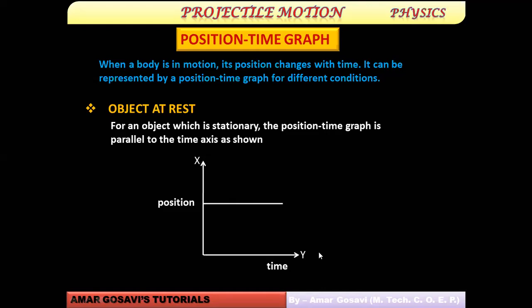You can see the position is not changing. Time is increasing, but the position is not changing. It will be a parallel line, you can see, to the time axis, right? So this is how the position time graph for the first case would look like when the object is at rest. Take a screenshot of this. Interchange the position of x and y. Remember that. Don't forget to do that. Take a screenshot before we discuss the next case. Here, the first case where the object was at rest, and the name of the topic is position time graph.